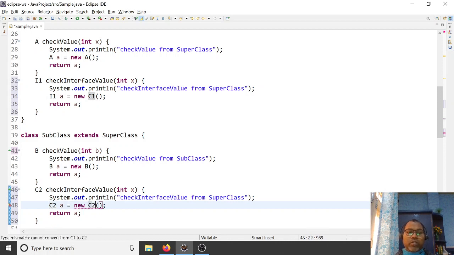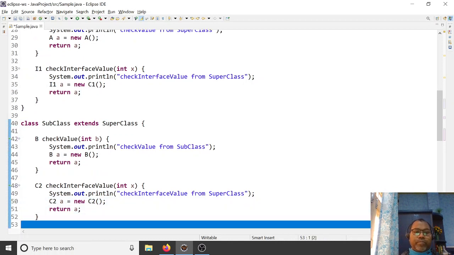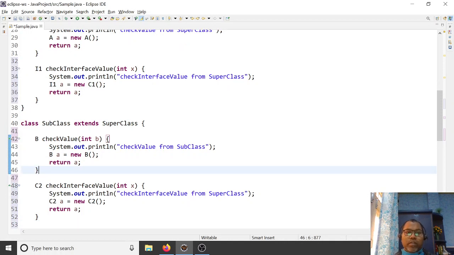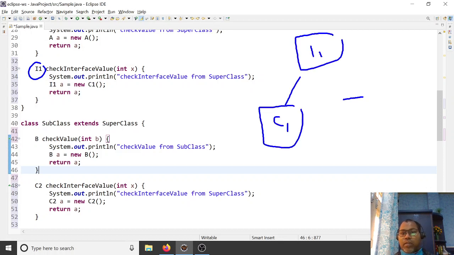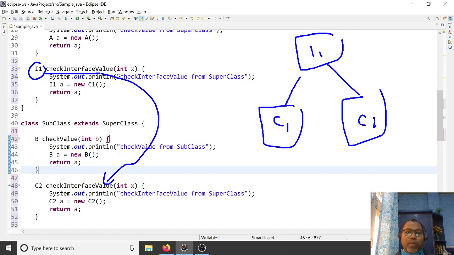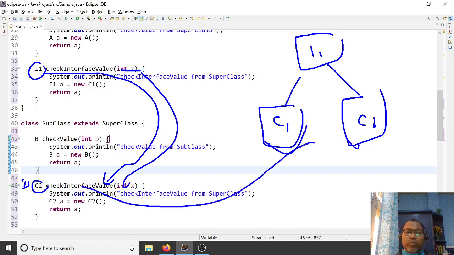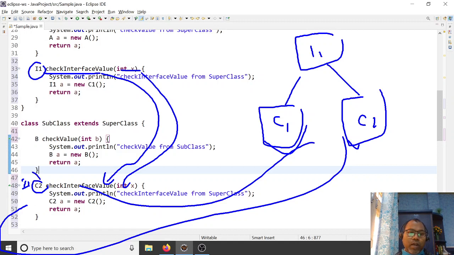So here, this is the I1 interface, which can be implemented by the C1 class and another C2 class. In the case of the same name and the same parameters, the return type can be I1 itself, or you can write C1 or C2. Both are allowed, because both are implementation classes of the interface.